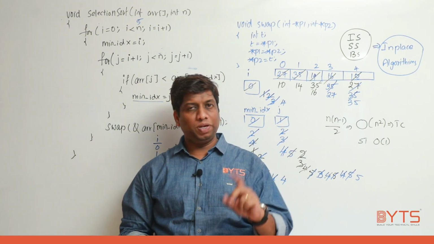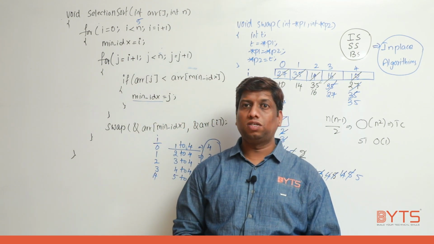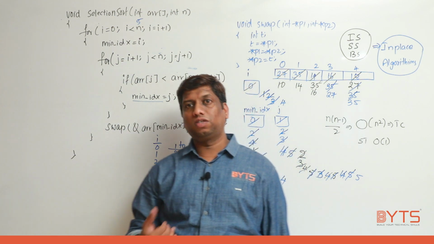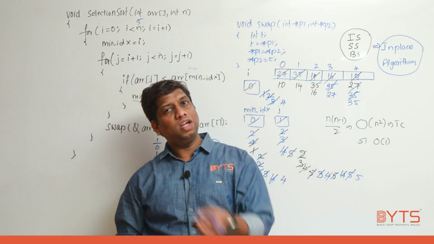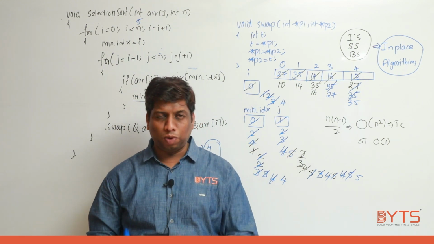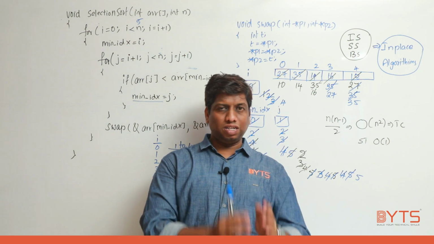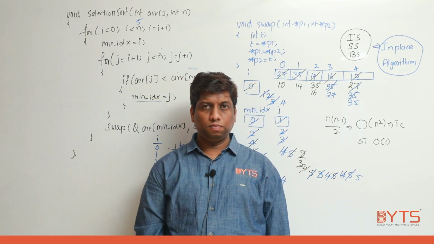Bubble sort is done based on what? Considering the adjacent elements. Selection sort is done based on the min index concept. In insertion sort, we assume some part of the array is already sorted and we insert the new element into the correct sorted order. So we have completed bubble sort, insertion sort and selection sort. Next sorting technique will be merge sort.